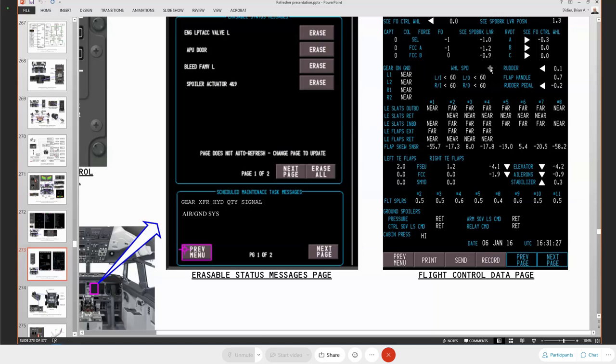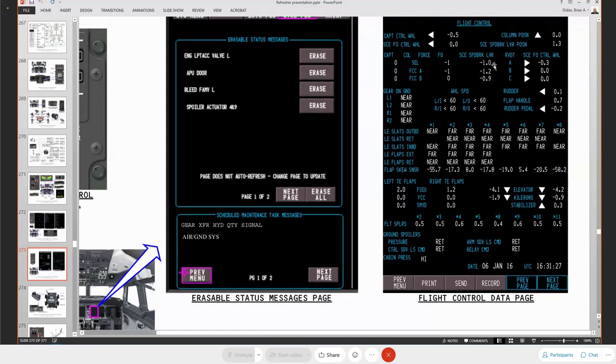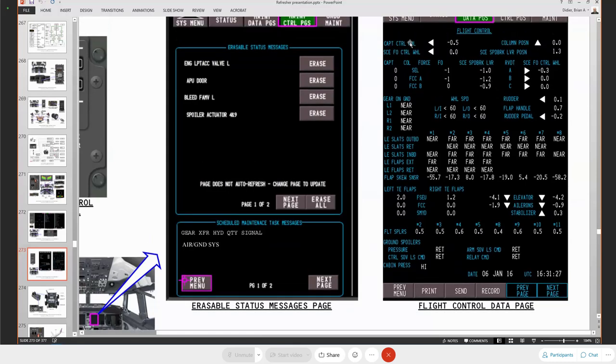You have the captain's control wheel, the first officer's control wheel, column position, and your speed brake lever position. The first officer's control wheel and the speed brake lever position, you also have right here